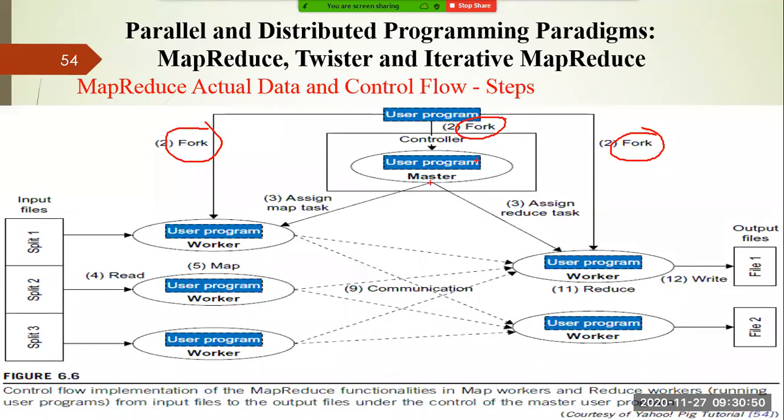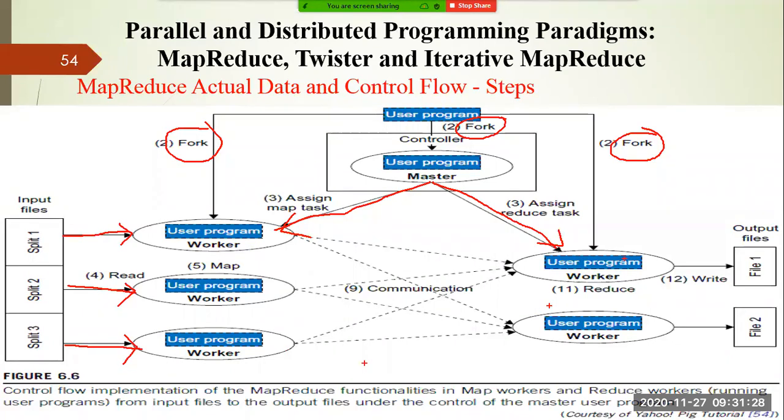So what is the master doing? Master is assigning some work to the map tasks, and master is also assigning work to the reduce tasks. And I told you, the set of map workers and the set of reduce workers communicate with each other. Their communication is all-to-all communication, right? And you can see, in order to work on a particular user program, each and every map worker requires an input file. So you can see each map function receives an input file, that is nothing but a read operation.